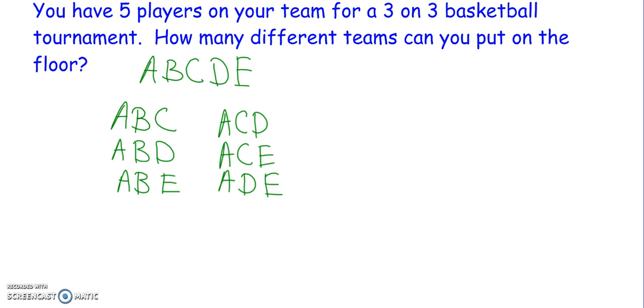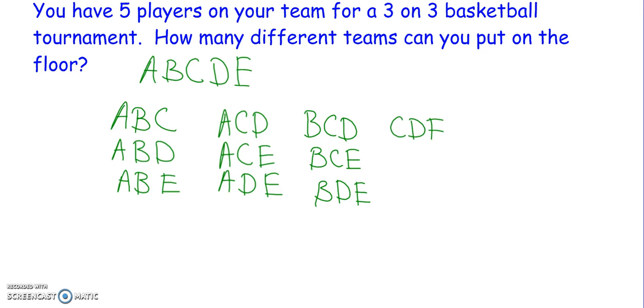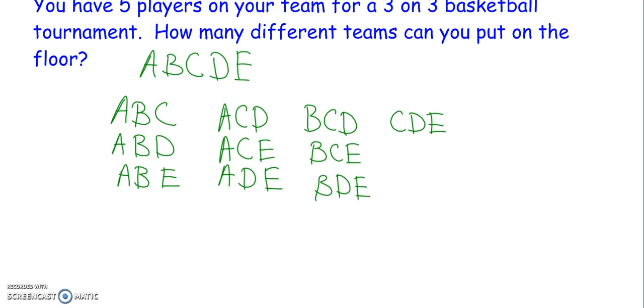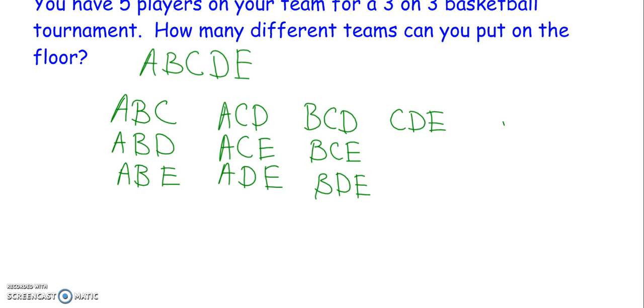Okay. Well, let's do some teams that begin with B. We'll do B, C, D. B, C, E. B, D, E. And let's see. The last team, I think, is C, D, E, and I can't come up with any more. All right, so let's build on what we already know. So the answer to this problem is 10. All right, but the question is now, I don't want you to have to write out all the possibilities every time. I want you to have a formula for